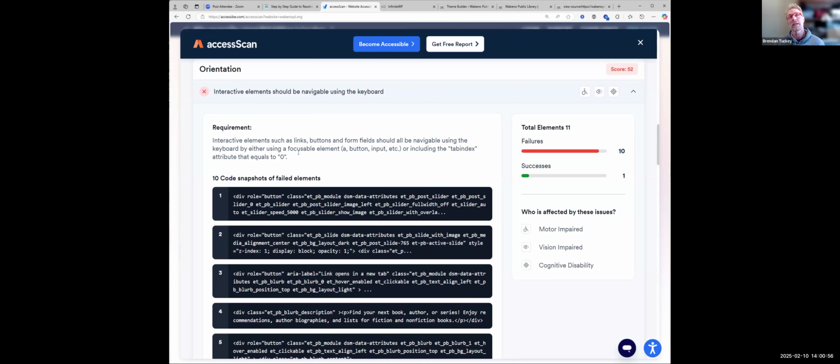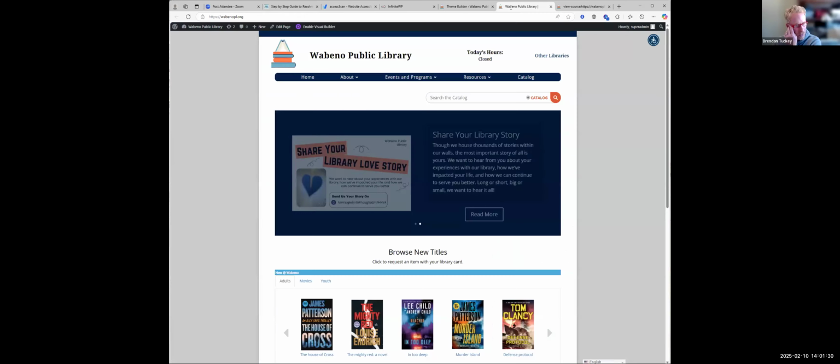So if we're using links in our text, so if we're writing text, for example, and we put an href and we turn it into a link, the screen readers need to be able to tab to that link so that the person using the screen reader can use that link. So if you don't have a tab index equals 0, it'll come up with this error. So if we go back to our page,